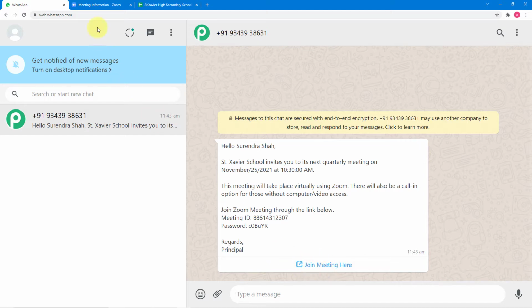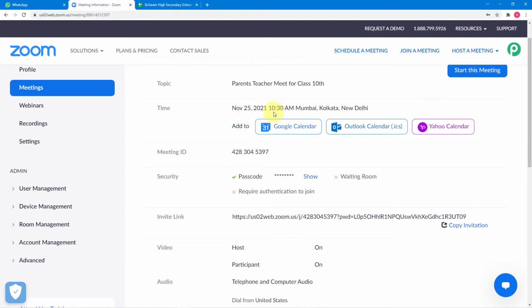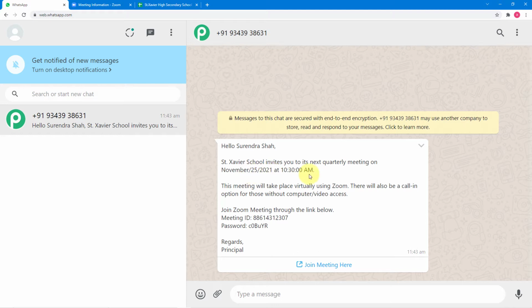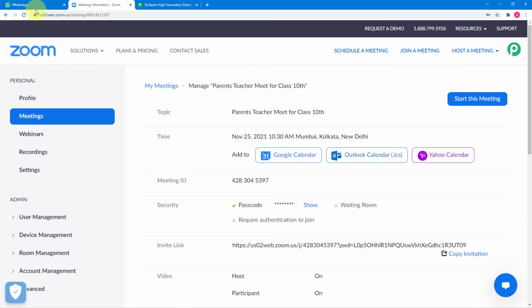Okay, so you can see the message contains the same exact information, November 25th 10:30, right? You can see here. So this is how it is going to happen. Now you guys are wondering how I managed to bring this message here without typing or compilation of this message. Just by creating a new meeting here in Zoom application, this message is delivered automatically on the WhatsApp account of